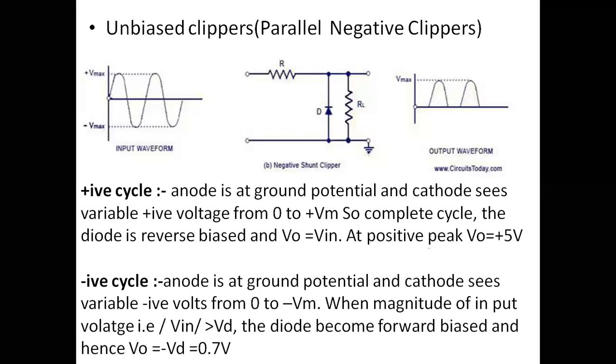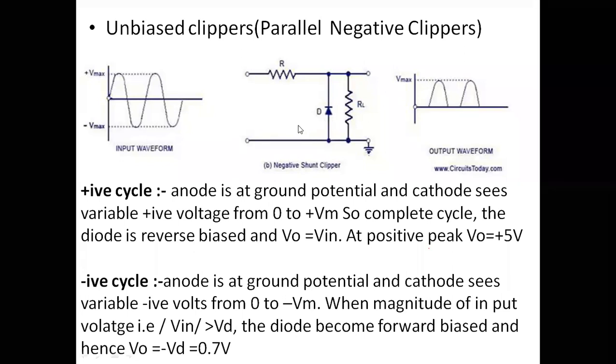You should not think that the anode is connected to positive and the cathode is connected to negative. Generally in VDC, you may have an idea like that, that the diode anode is connected to the positive terminal and the cathode to the negative terminal, then the diode is forward biased. You should not think like that. You have to think about the voltage at the anode terminal and the voltage at the cathode terminal. If the anode voltage is greater than the cathode voltage, then the diode will be on, whether the voltages are positive or negative. If you know that single point, by seeing the circuit you can explain.